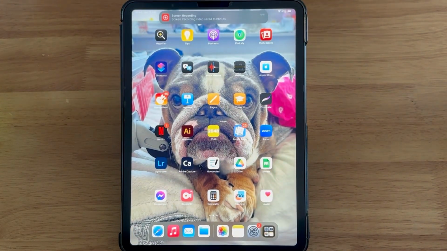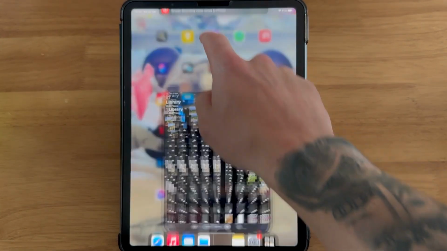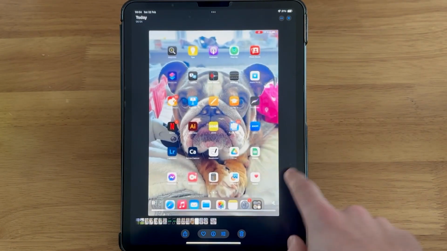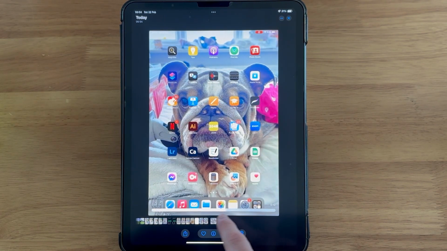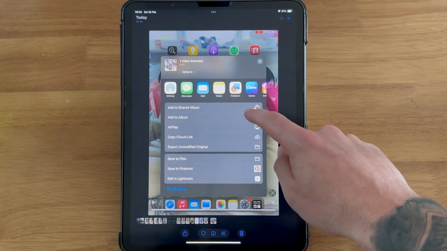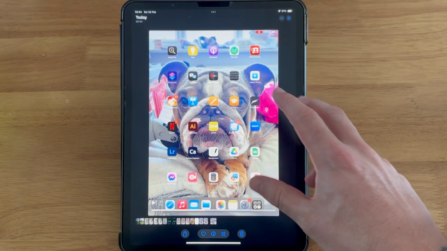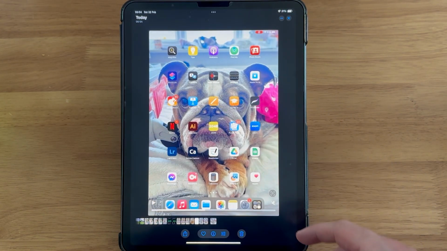So now at the top here you're going to get this notification, and if I click on this you're going to be able to see this recording that we just made. So from here I can go and edit this, and I can go and save it to my files. Now that's how you capture just video, but if you want to capture audio as well with this recording, then